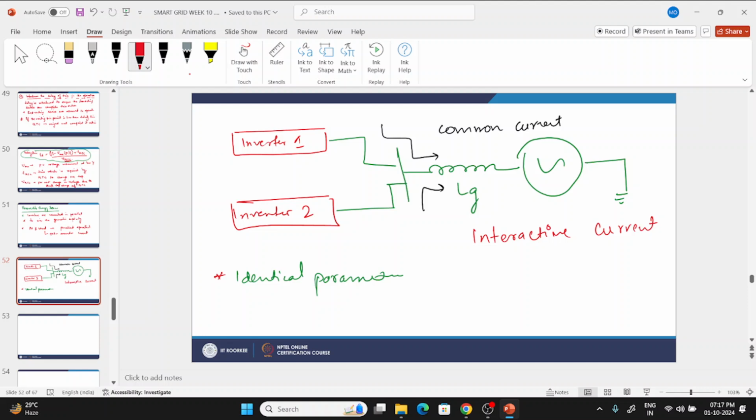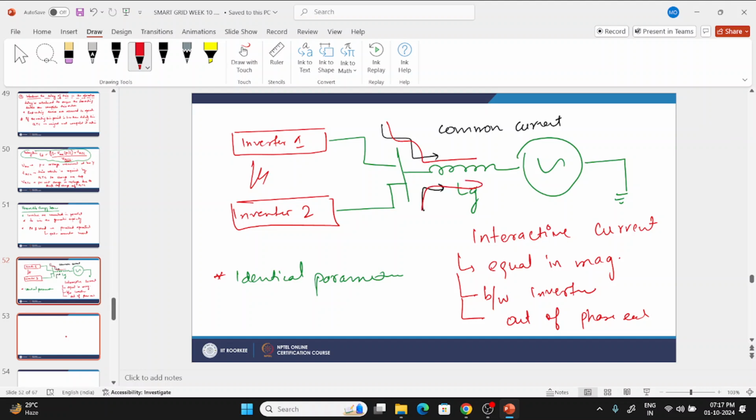Okay, and it is actually equal in magnitude, and it flows between these two inverters, but they are out of phase with each other. ठीक है, दोनों एक दूसरे से आउट ऑफ फेज होते हैं. कॉमन करंट क्या होता है, वो करंट होता है जो ग्रिड में फ्लो करता है. ठीक है, इंटरेक्टिव करंट इस तरीके से फ्लो करेगा. तो अब इस इंटरेक्टिव करंट को ओवरकम करने के लिए क्या करते हैं,